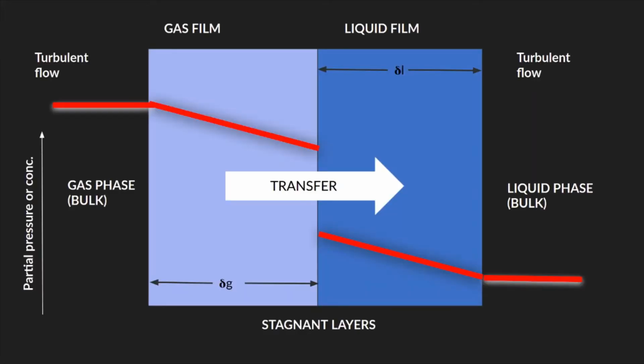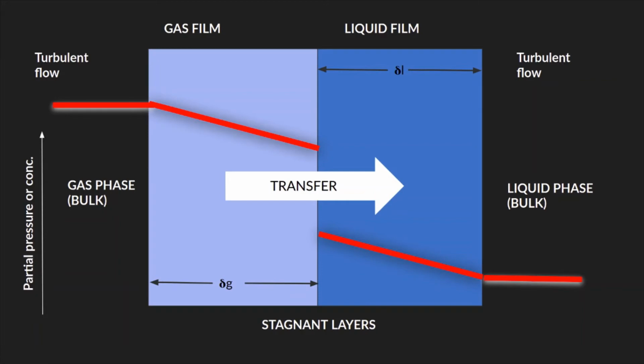This diagram depicts a section of water over which we are going to study the mass transfer process on a very molecular level. Okay, so on both sides of the water section is the turbulent flow and ozone is being supplied to it. Due to this supplied ozone takes place the formation of the ozone gas layer, also known as film, which is followed by the liquid phase layer. Both of these layers are stagnant.